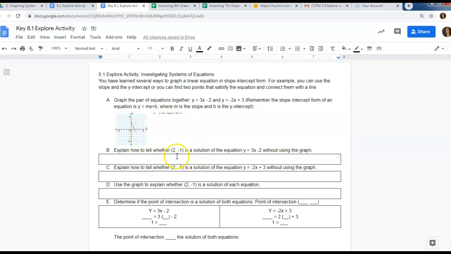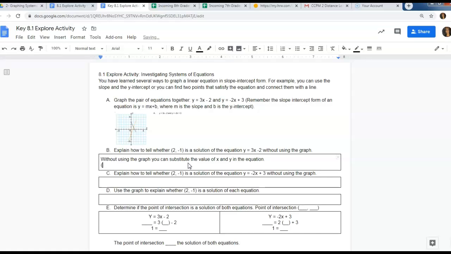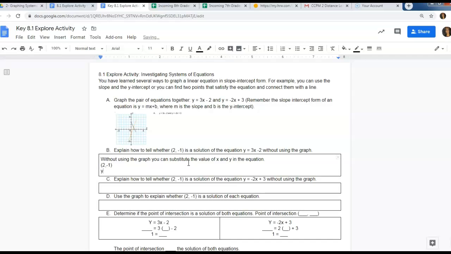So now it says explain how to tell whether 2, -1 is a solution to this system. So without using the graph, you can substitute the value of x and y in the equation. So let me show you. If they tell you that the solution is 2, -1, or that point right there,